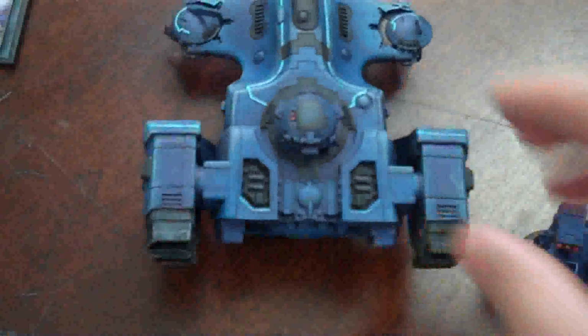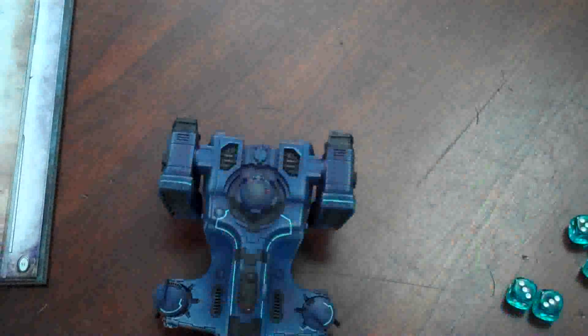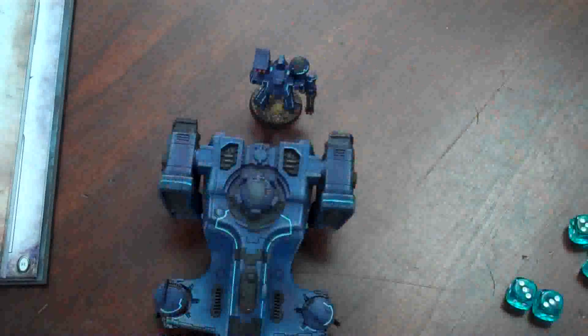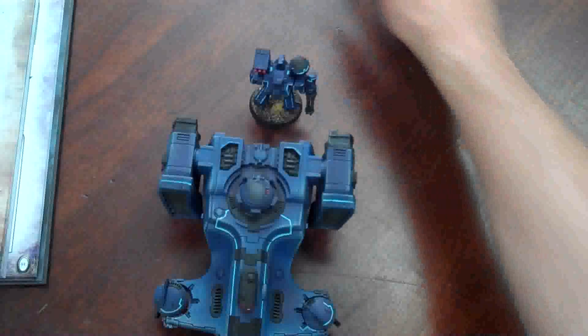So you move up your Wave Serpent. In fact, hold on, let me just get a little farther. Okay, so it moves up, it turns around backwards like this, right? And now the Wave Serpent can shoot all around because of the turret, so that's not a problem. So that's its movement, and the unit inside disembarks. Okay, now let's say the enemy's over here, okay? And so now what you can do